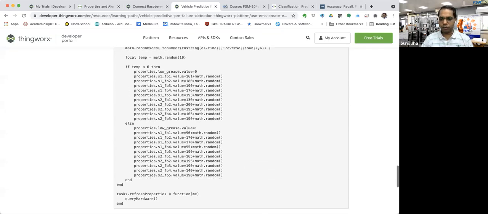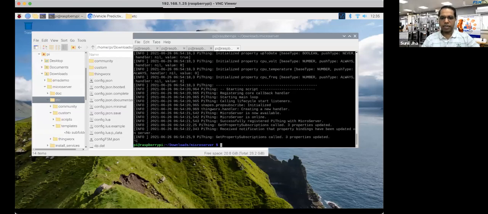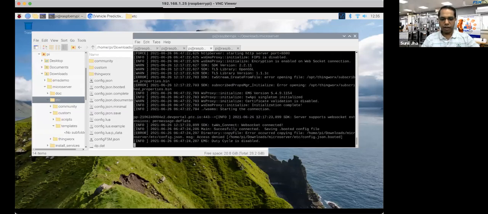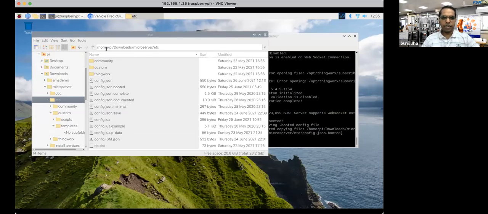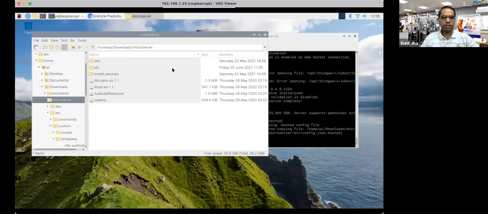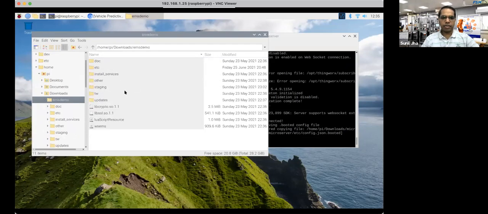Fine. So let me show you this also on the device, how this is being done. If I go over here, I will stop the current running thing. In this case, on the same RPi, you can have both the devices. There's a different edge microserver. One microserver I have created for the simple testing, as I have done for the Pi thing. There's another one, EMS demo, that has been done here. I will be using this EMS demo to work as an engine simulator.